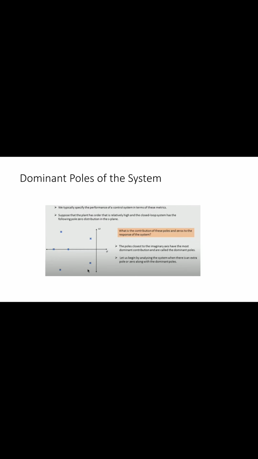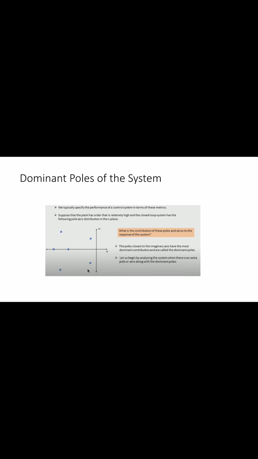So performance specification, we can consider it for a first order system or we can consider it for a second order system. The transfer function for a first order system and second order system are represented as given below. Now these are the standard systems. So all of us know that a first order standard system is represented by 1 upon 1 plus Ts, and a second order system is represented by omega n square upon s square plus 2 eta omega n s plus omega n square. The different time domain specifications are also listed: rise time, delay time, percentage overshoot, and the settling time.